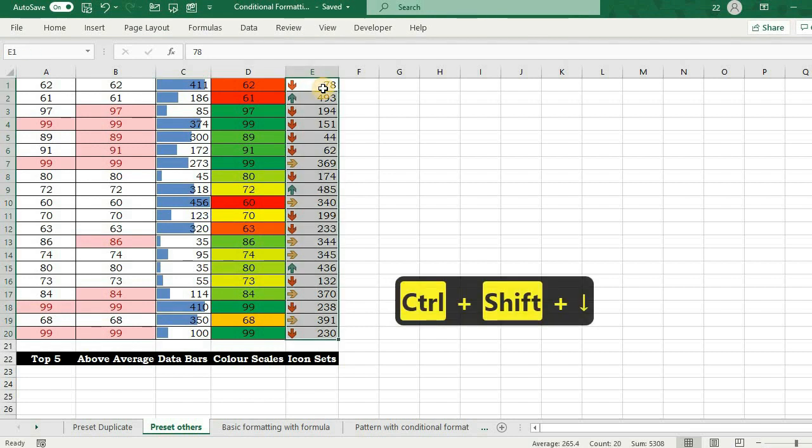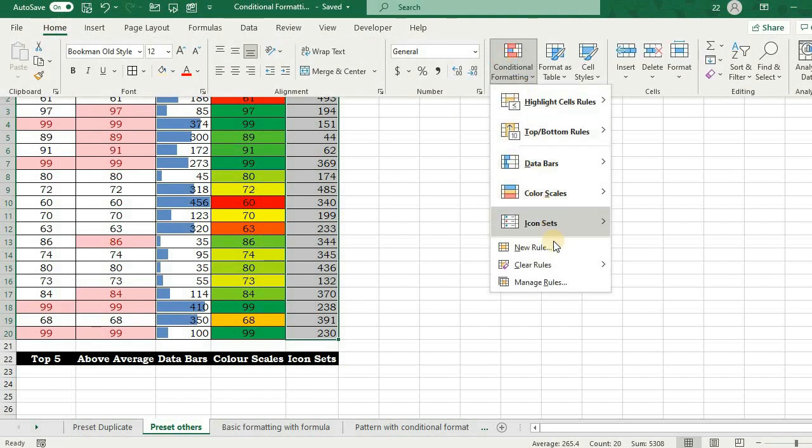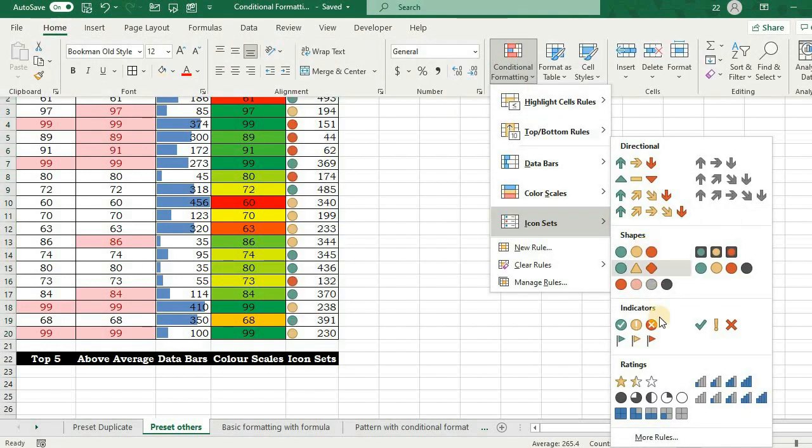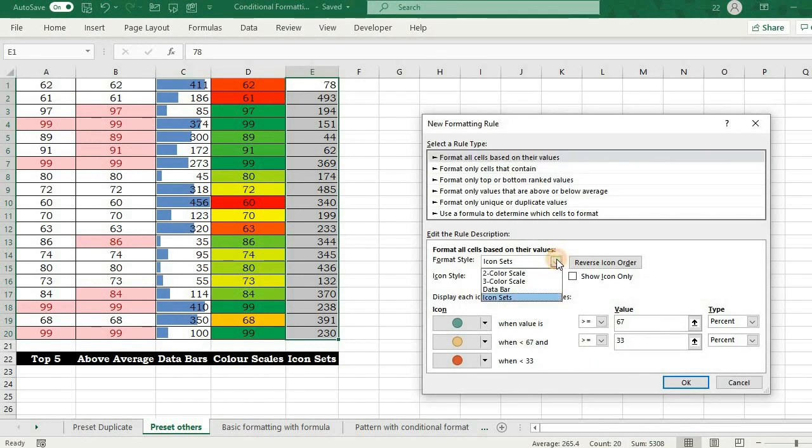Now coming quickly to the icon set, and then I'm setting again icon set. You can have many options available here, like I can use this style, like arrow style, which I like most. An arrow style when value is greater than or equal to, so I can provide a range here, by default by percent, so I don't want it that way.